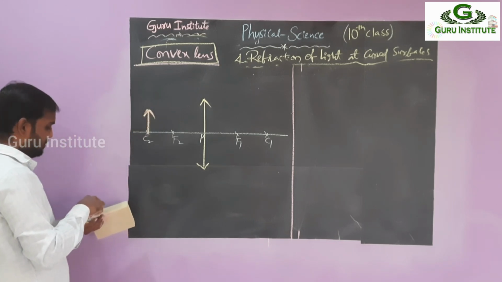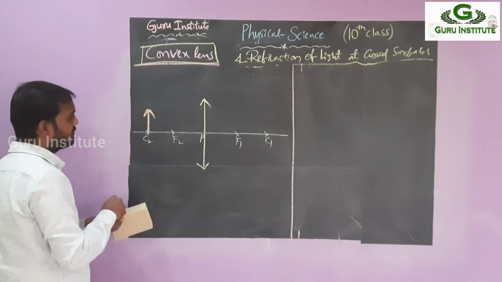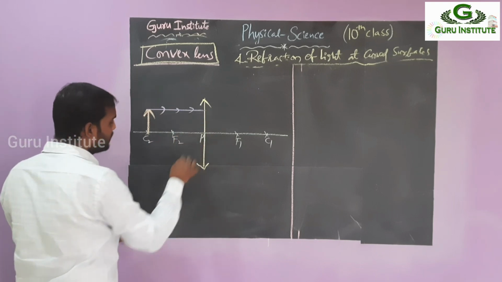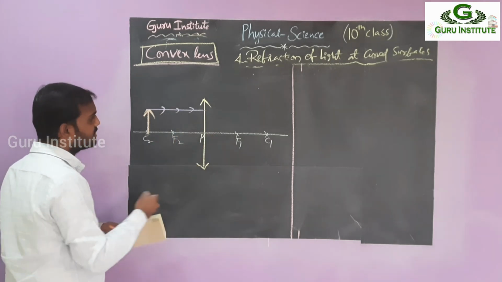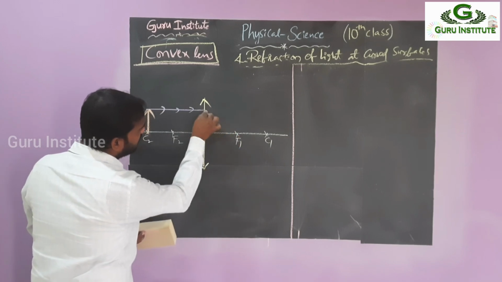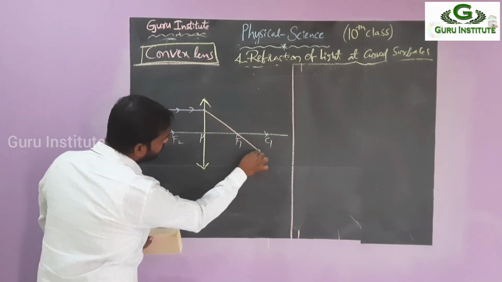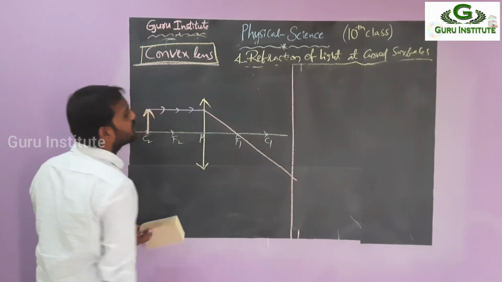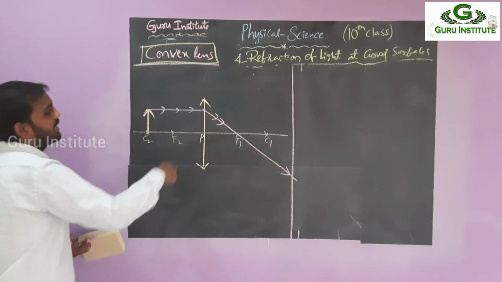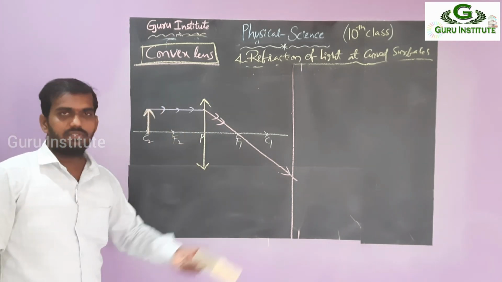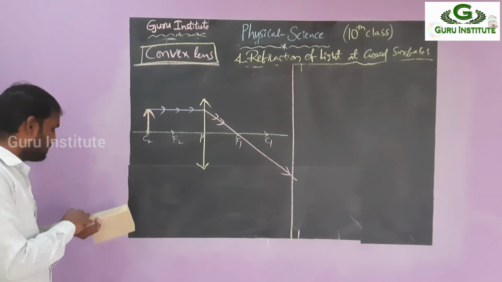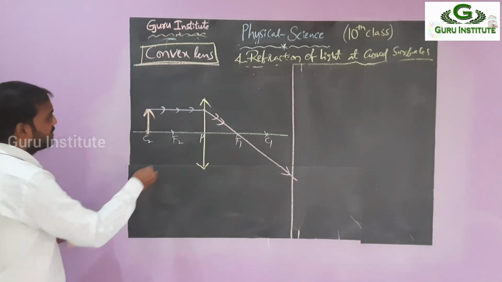So then we have to draw the nature of the image. First one is what? Parallel to the principal axis. Then it should be passing through the focus, right? So passing through the focus. Where is the focus? This one. This point you have to join by the scale. Okay, passing through the focus. Next, what about the second one? We are not taking this one, that is the lengthy one. You can take the third line, passing through the pole. Always take the passing through the pole only. It is enough for us.